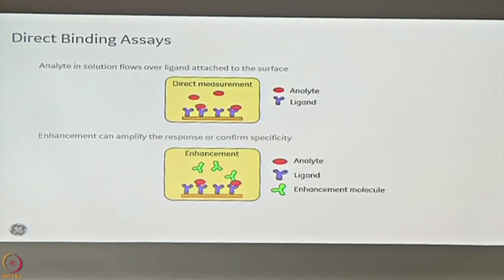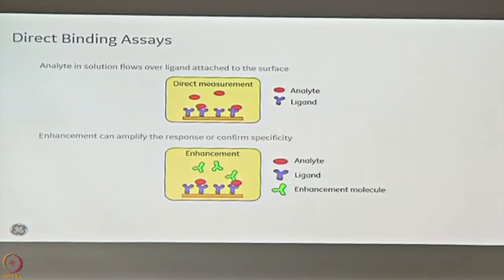So, let us look at some of the assay formats. The first one is the direct binding assay format, which is very simple. Your interactant is immobilized on the surface, like you can see here. We talked about in BioCore that you have a ligand and an analyte, right. Whatever goes on the surface is called the ligand, and whatever is flown on the flow cell is called the analyte. So, in the direct binding, your ligand is covalently linked to the surface and your analyte is moving